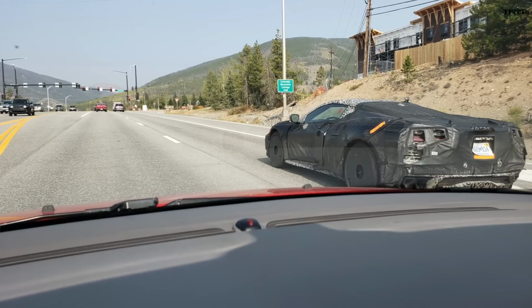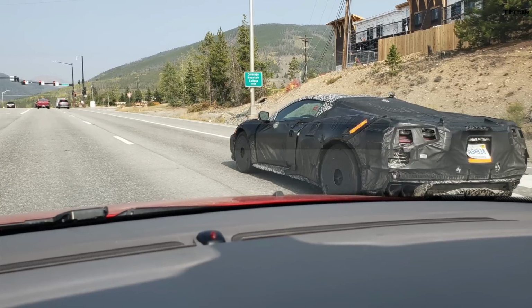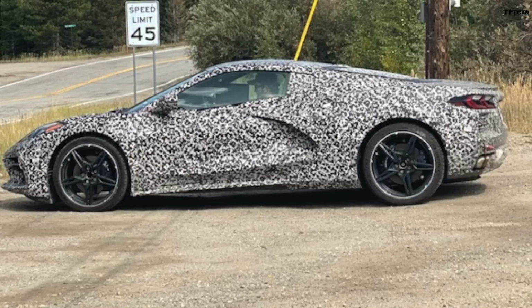Check it out, guys. Right here I have some prototype hunting video for you. This is a Chevy Corvette Z06, or what we think is the upcoming Z06 performance version. In this video I'm going to show you these unique video clips of these prototypes testing in the Rocky Mountains